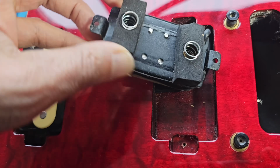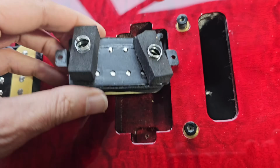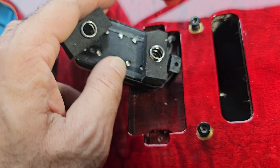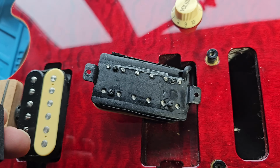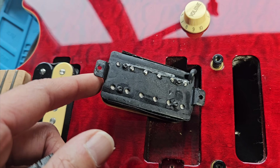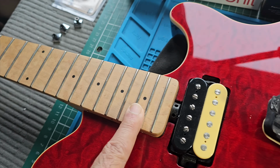Going around. They're not branded, so I'm assuming that they are just Sterling pickups. They sound pretty good, a little bit dark for my liking, but I'm going to change them out anyway. So I'll take these off the guitar first, and then I'm going to put the shim in the neck before